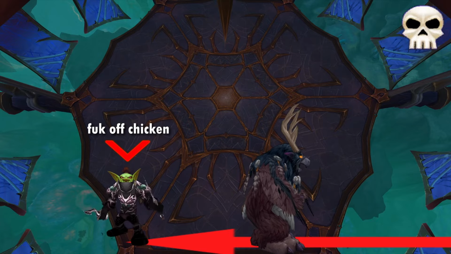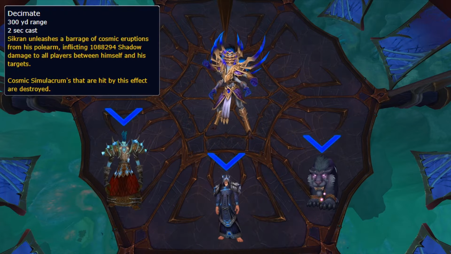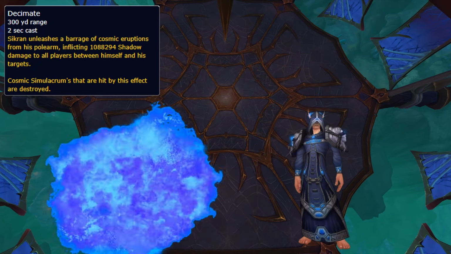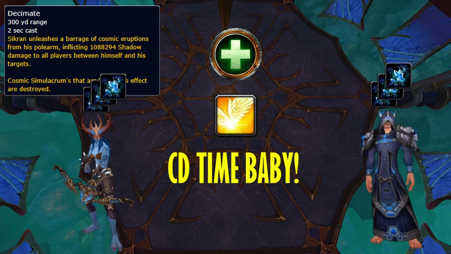On heroic, anyone else hit also drops a simulacrum, which piles more on your healers, so watch where you're standing. Decimate targets the same number of players as Phase Blades, dropping a line on them from the boss. Dropping the line on a simulacrum destroys it, so try to hit them all. If your healers are struggling, send a healing CD when you pop them to keep everyone alive through the stacking